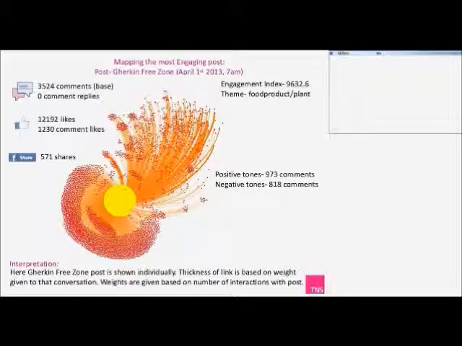And this is what you are seeing here, the positive tones and negative tones. I'll come to the positive and negative tones in a bit, but it shows how many people have positively said something about McDonald's, the total aggregate of that, and the negativity around it. I'm not going into details of what was said positively and negatively, because there are different types within the positives and negatives.